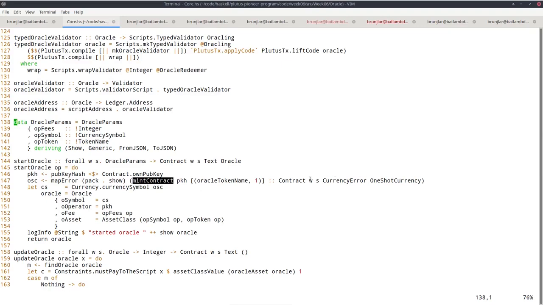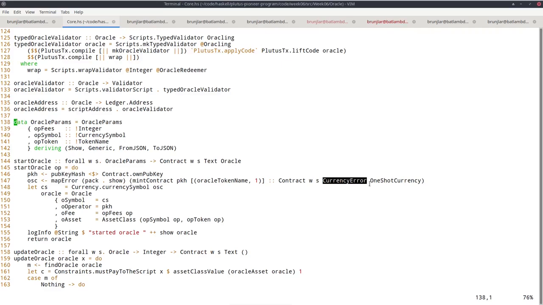I have to specify the type here because otherwise the compiler wouldn't know which type to apply show to. So I have to specify that I'm specializing this mint contract to currency error. And then I use map error to turn that with show and pack into a text. So now this has the right type. I can use that here.